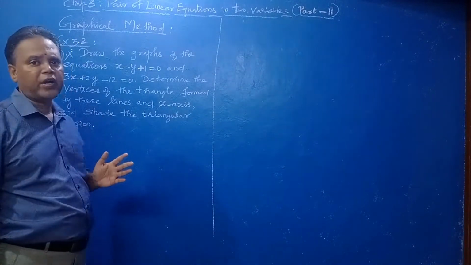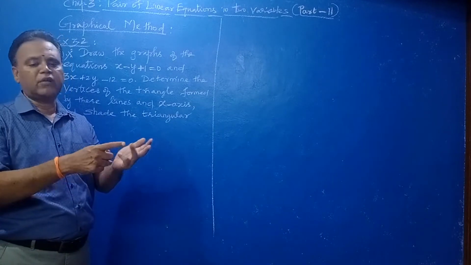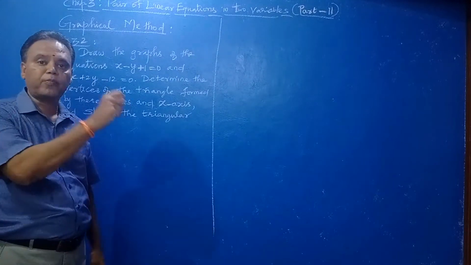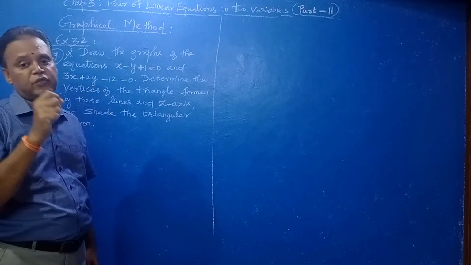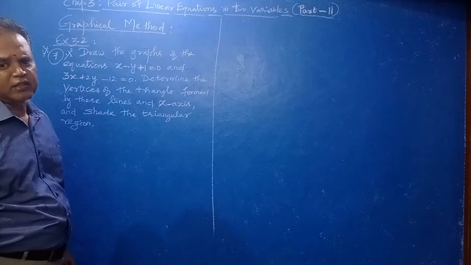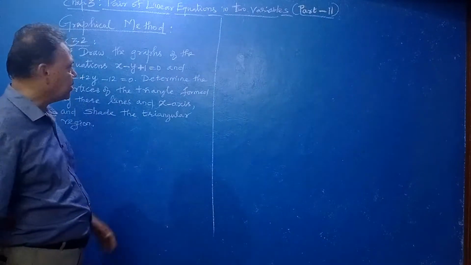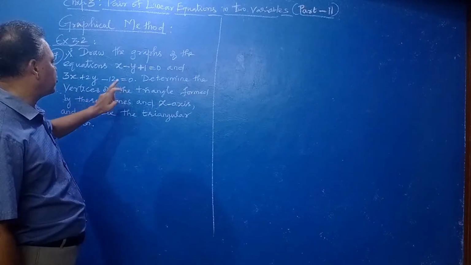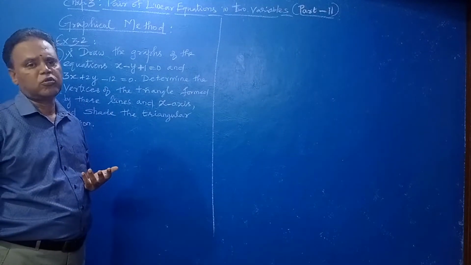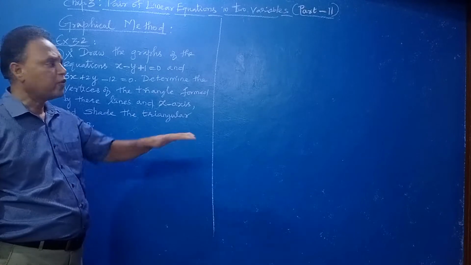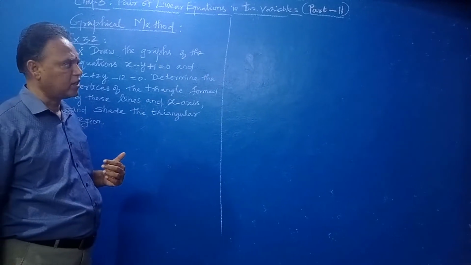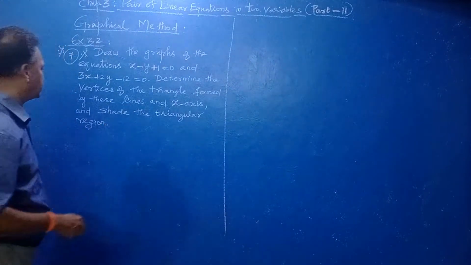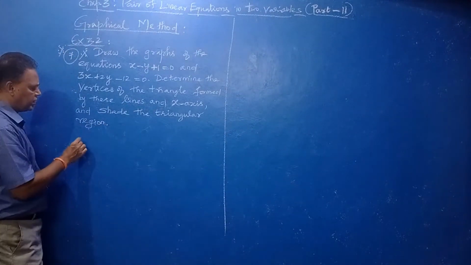Okay, you avoid decimal fractions. When you take decimal fractions, plotting the graph is very difficult and you will face difficulty. That's why avoid them. Now I am going to take these two equations. First, find out the solutions. Then you have to plot the points on the graph and draw the straight lines. Clear?